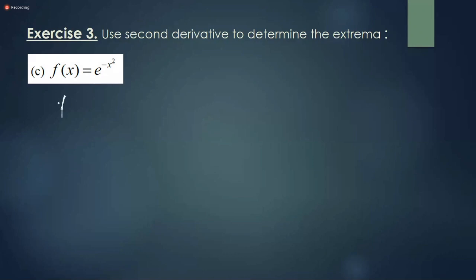Okay, so the first derivative of this is chain rule, remember, e to power whatever is, the derivative is e to power the same, times the derivative of the exponent, that is minus 2x. That's the first derivative. We see that the critical point, or stationary point, in this case, stationary point, where the derivative is